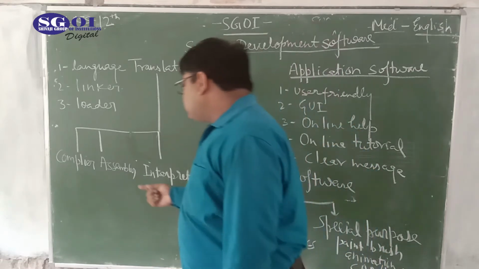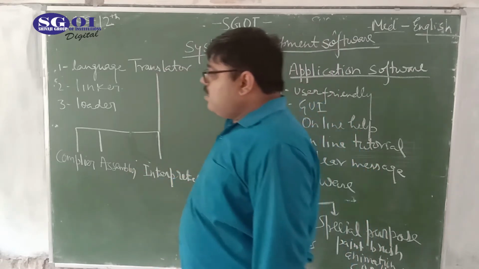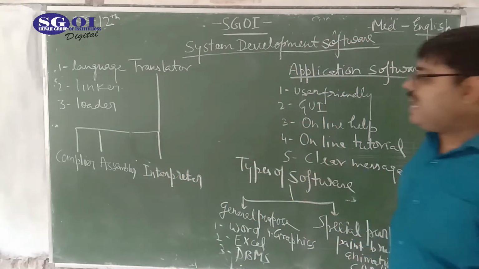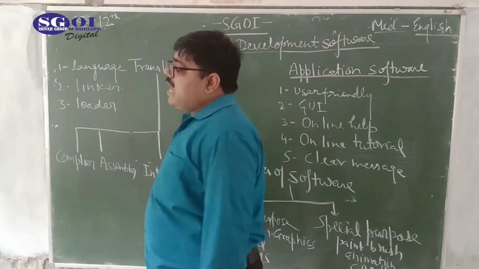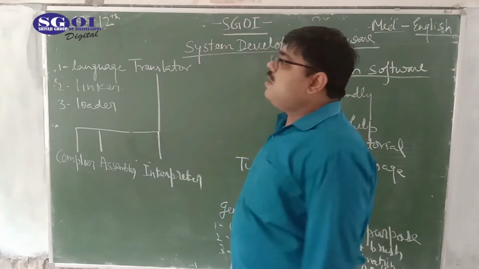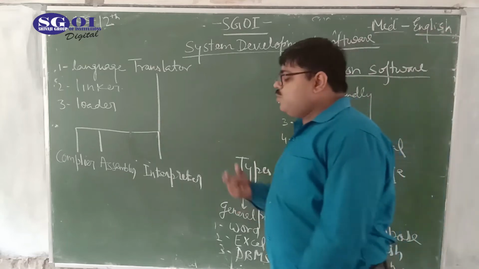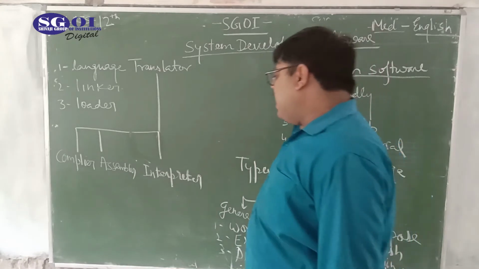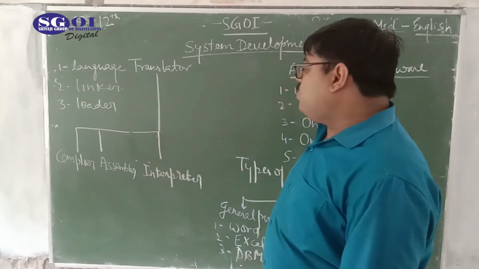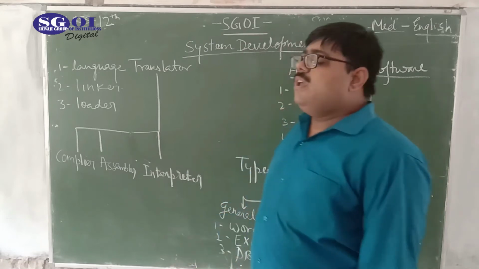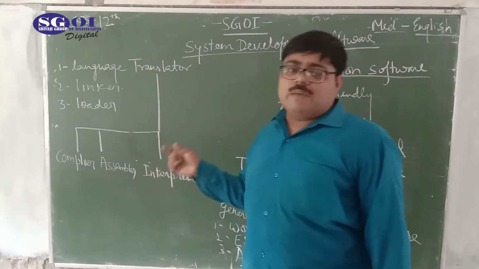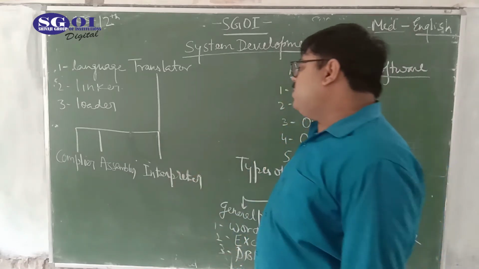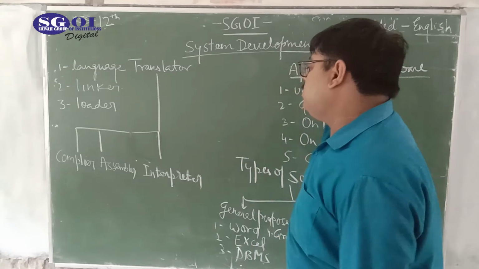After that we use assembler. Firstly we use the machine language. After that we use the assembly language. The assembly language is much easier in comparison to low level language, that is LLL. And if we want to convert the assembly program into a low level program, then assembler is used for converting the assembly program into low level program or machine code.